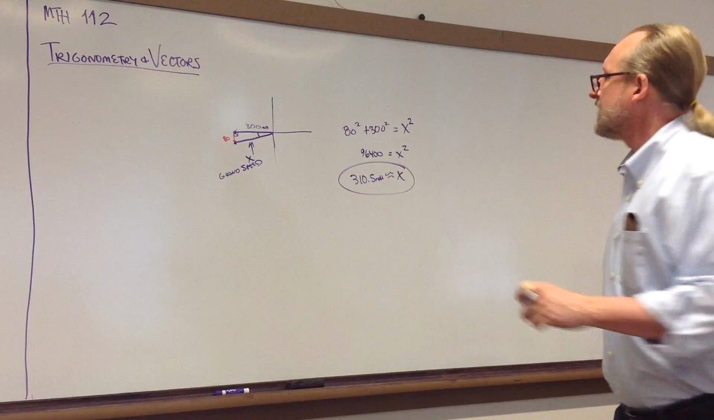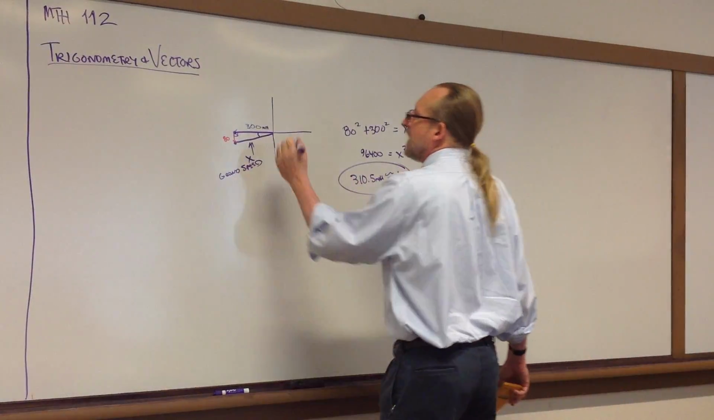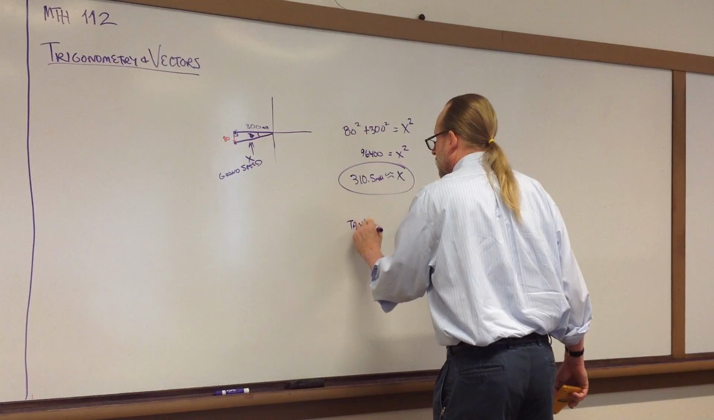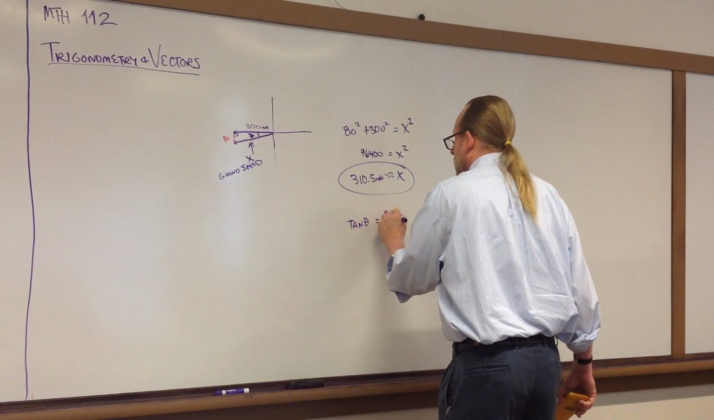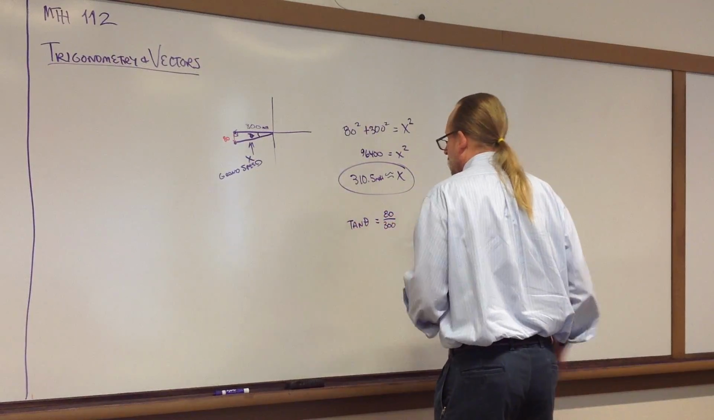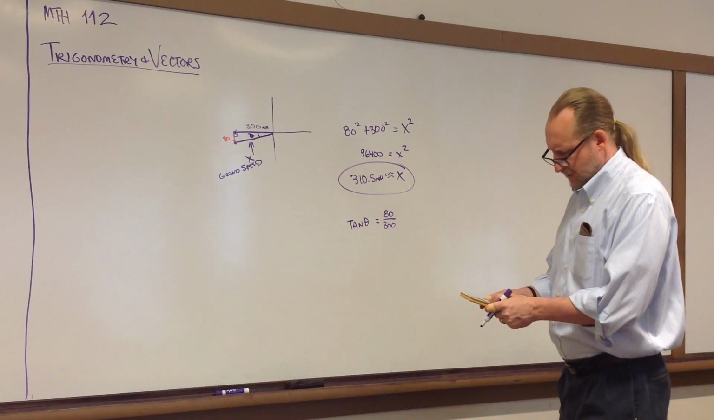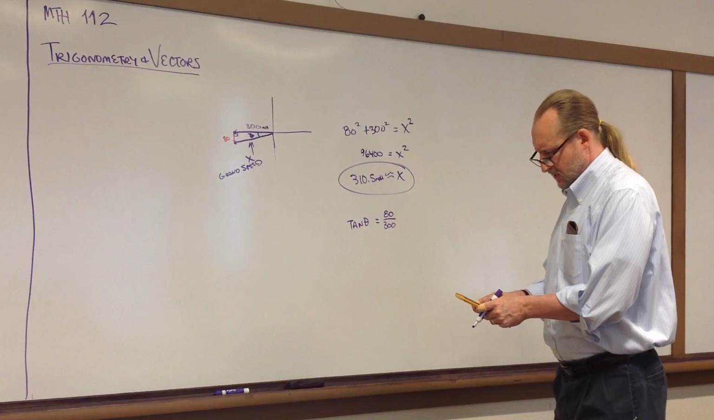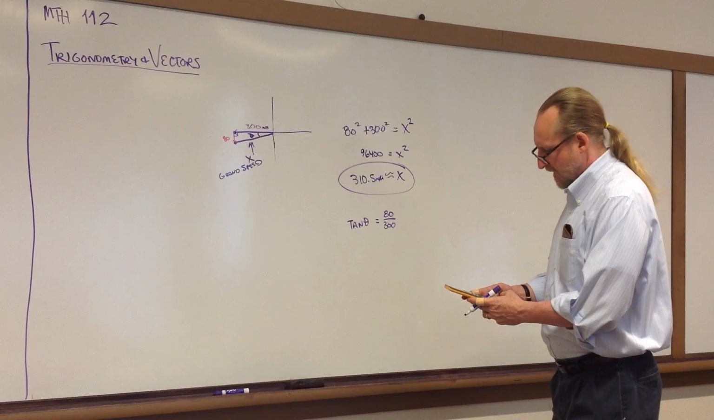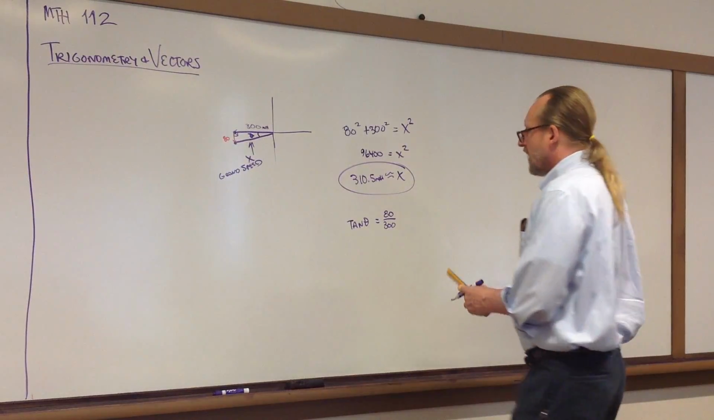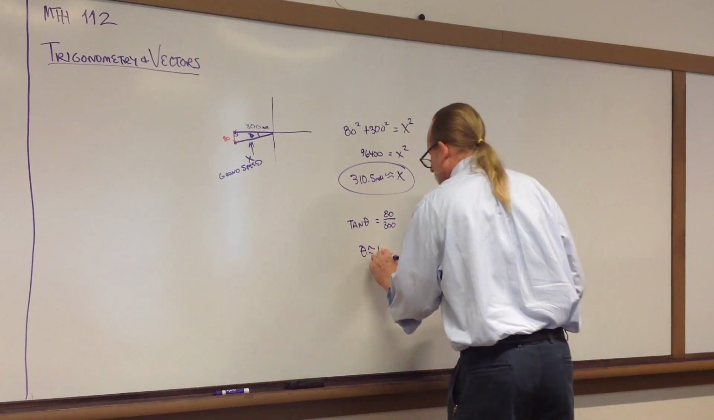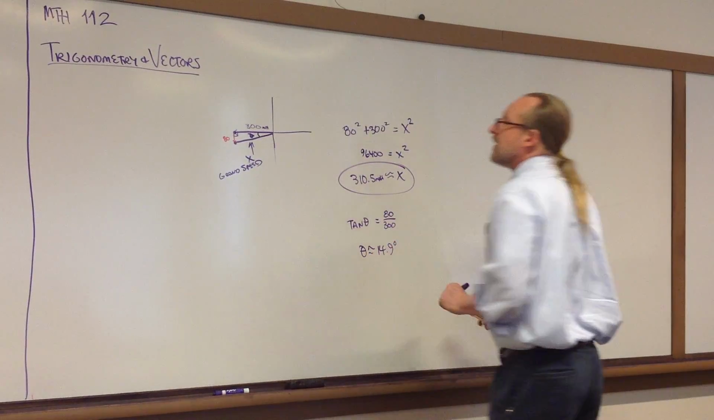And then the deviation from the flight path, if we call this theta, then we can say tangent theta is going to be 80 over 300. And so if we take the inverse tangent, let's make sure I'm in degrees here. Yes, okay, good. So inverse tangent of 80 over 300 tells me that theta is going to be about 14.9